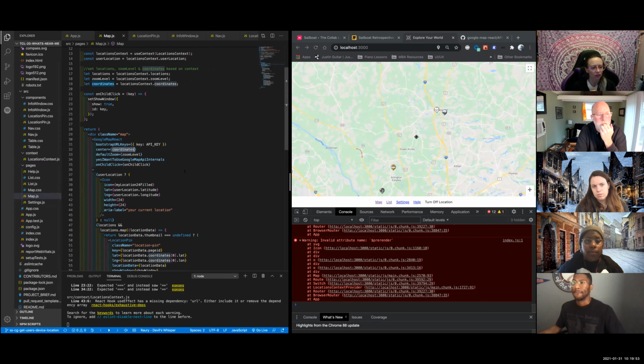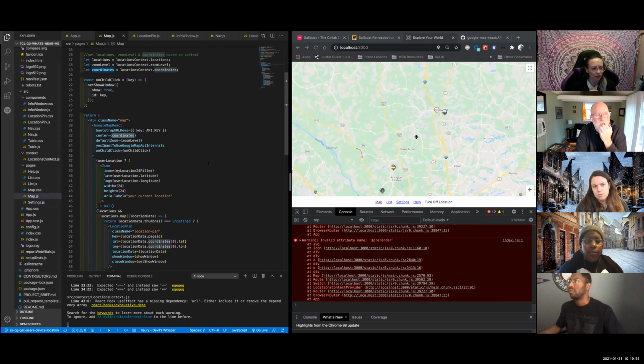Oh, interesting. Okay. And so that's what we're doing to have the map actually shift. Because initially the locations were populating in the components of the DevTools section, but the location was still where it was initially. So I was a bit confused, but everything was showing up still in South Carolina. So it wasn't shifting the map.